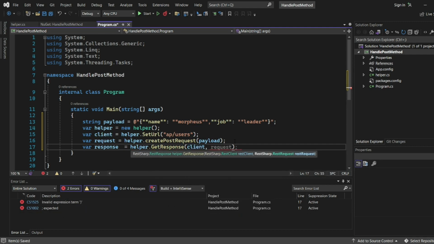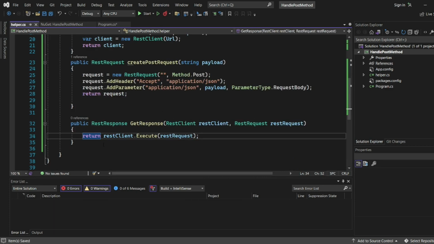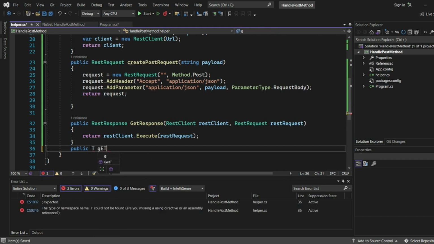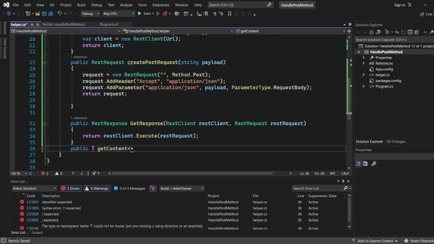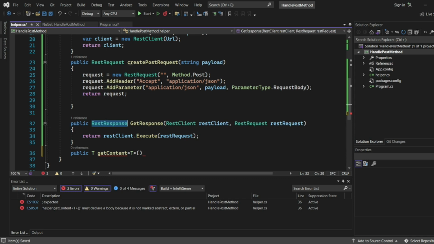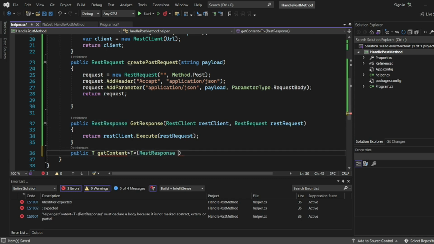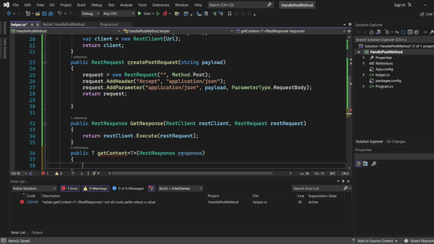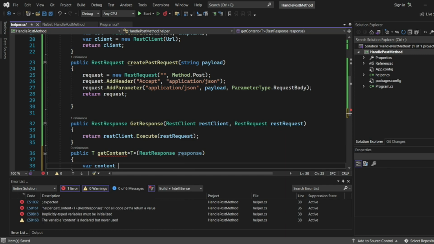We have client, and one more thing we have to write in helper. We need to get the content. I'll write public T, just making that a generic value. So get content, or maybe I can write it in camel case, getContent. I'll write it as T with open and close brackets. I need a response, so the value will be response in brackets. Where content equal to